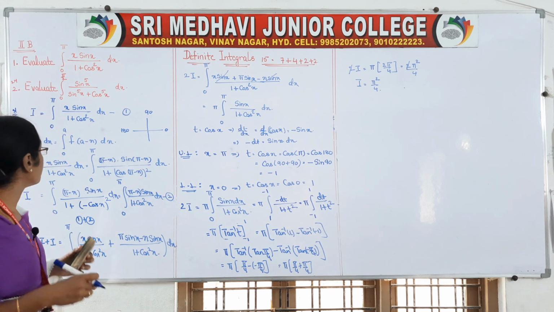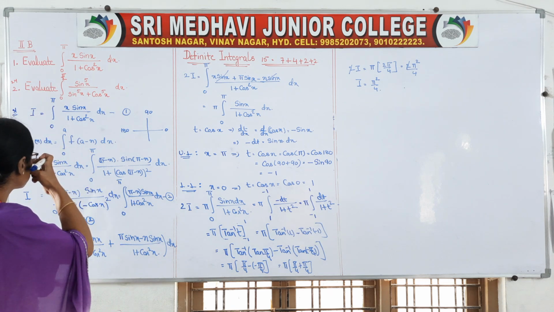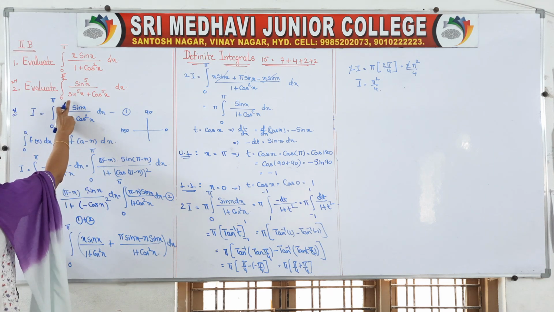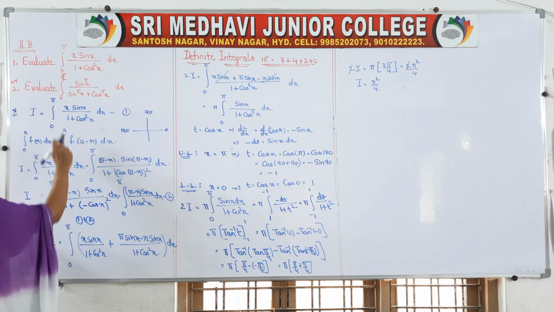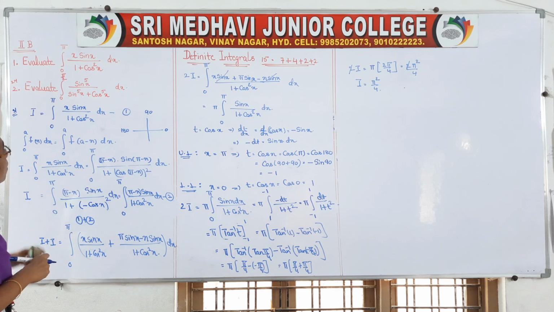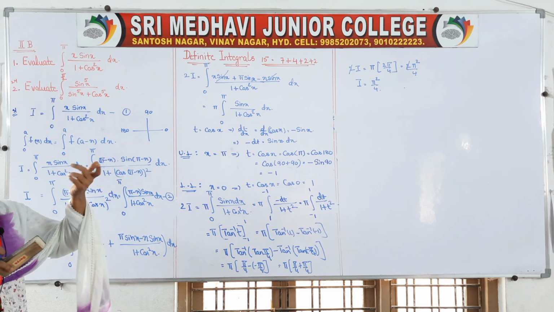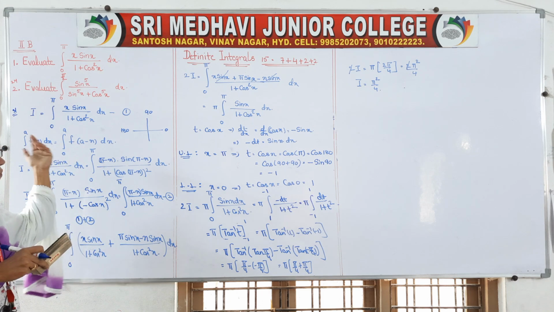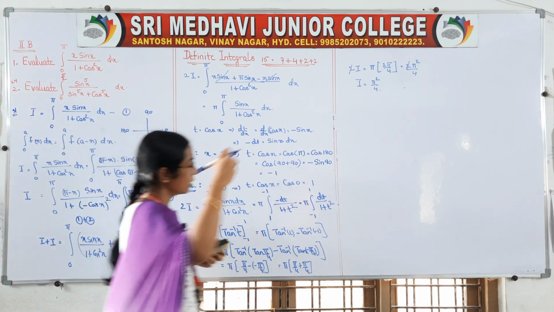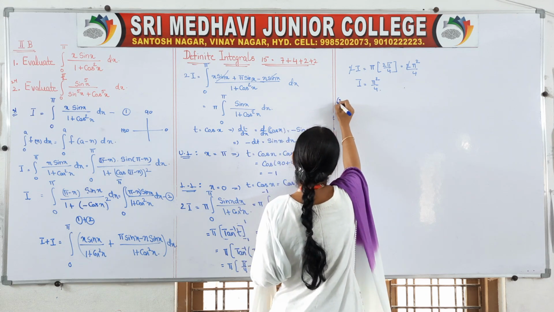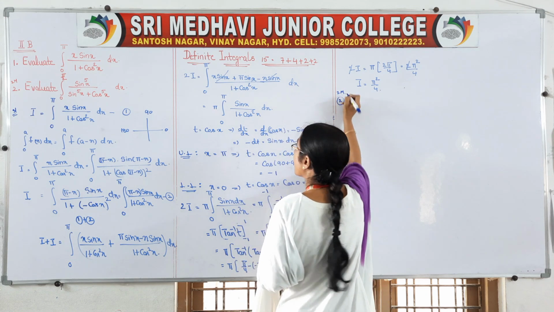Okay, so now come to the second question. So very simple, here same thing, you apply this formula, then you will get your value I and one more I, just add them, 2I. With that you can cancel the values. Come to the second question. This is a 2 marks question.